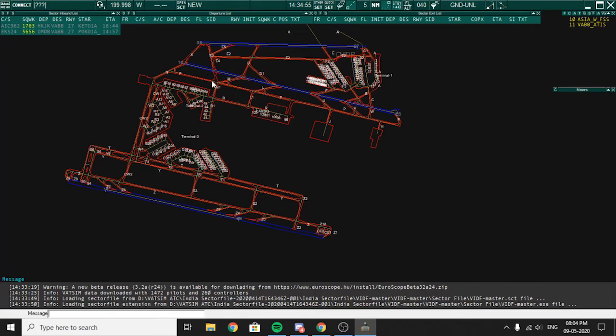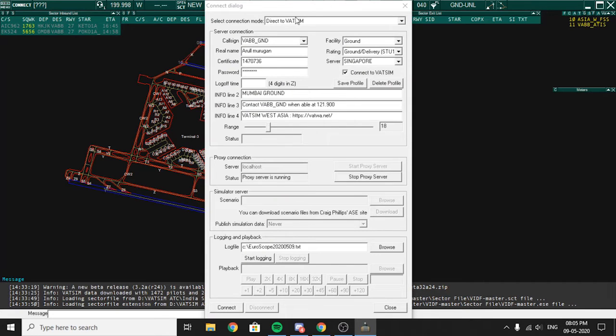And then the next thing you will do is connect to VATSIM. So you should click the connect option here. It will be direct to VATSIM, and your call sign, if you're controlling ground, will be VIDP ground, and if you're willing to be an observer, just type your name.